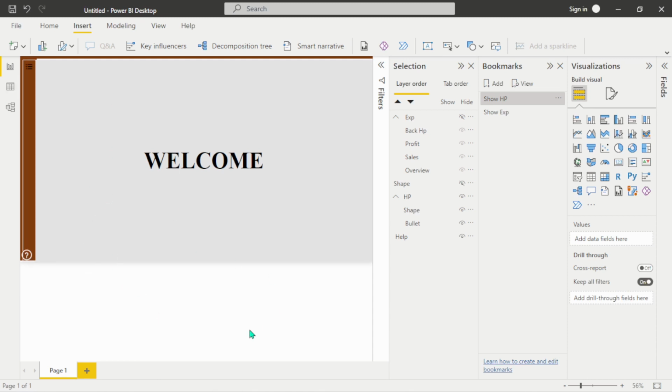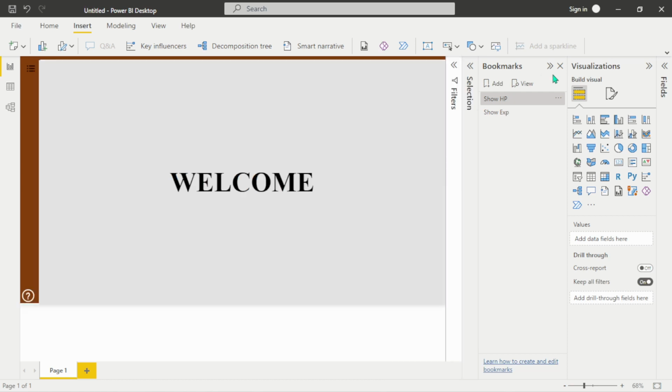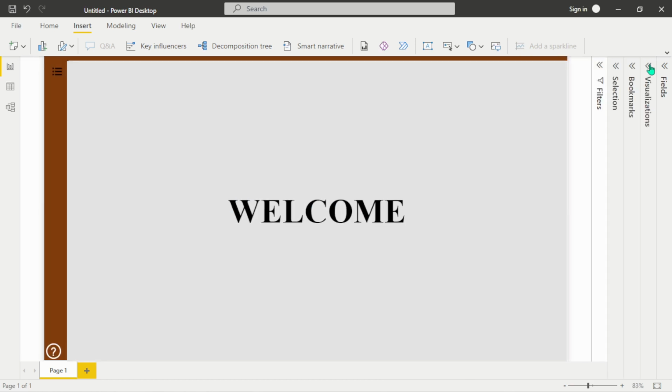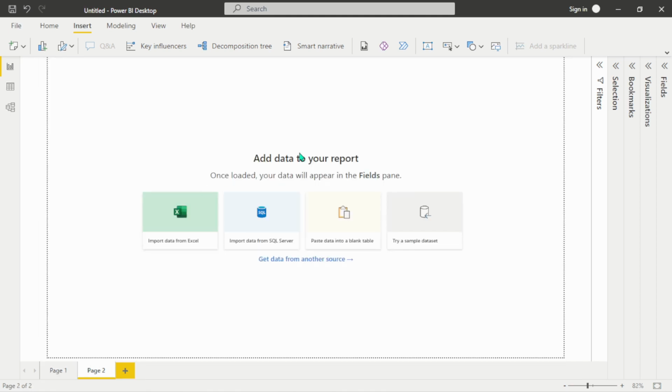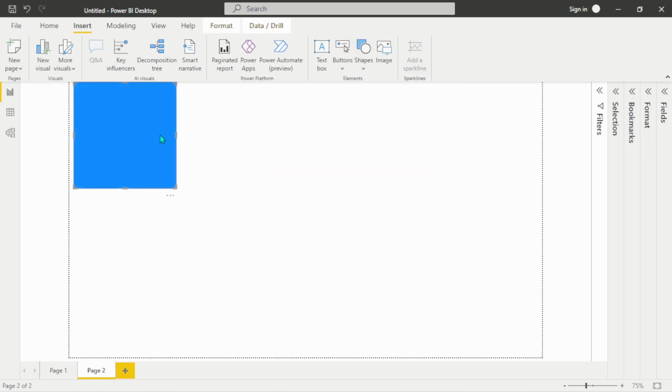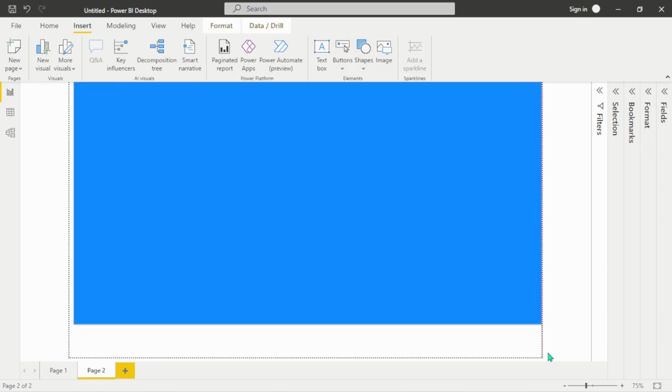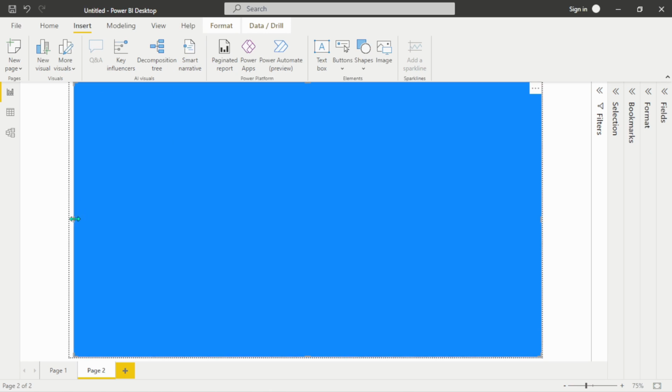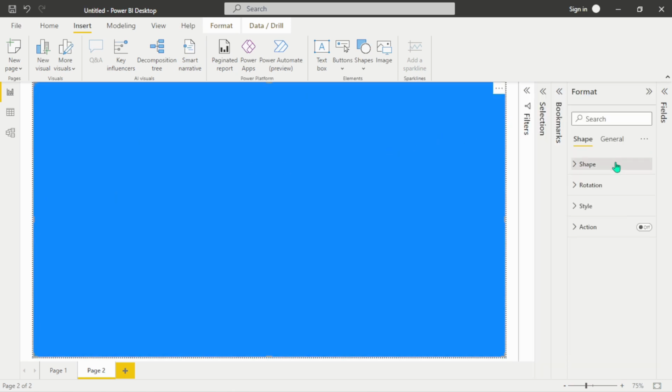So let's create another different page, I mean, for our help. So let me add another shape here. Let me expand this. Let me add another shape. Sorry. I'm going to make this cover all of these places here, and it's a shape. So shape format,